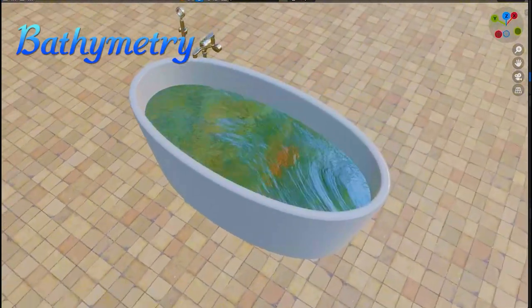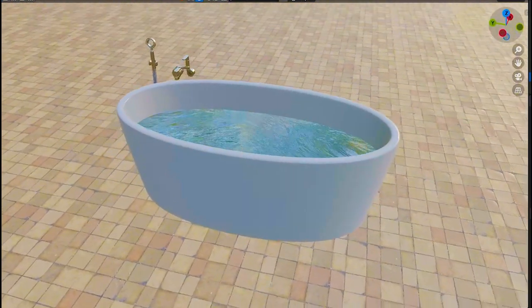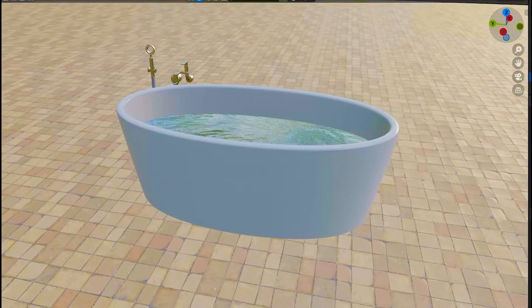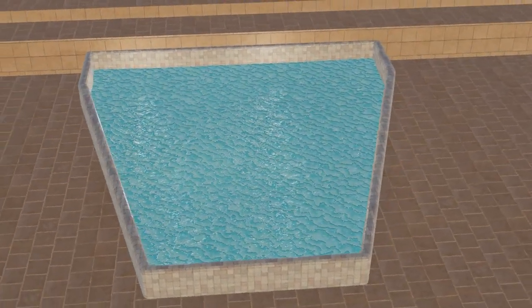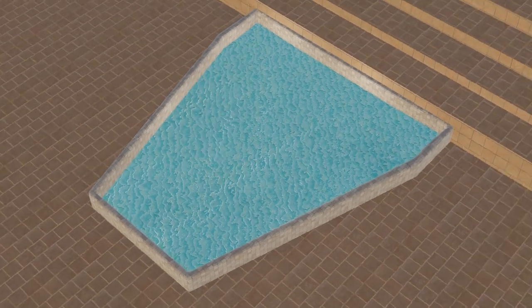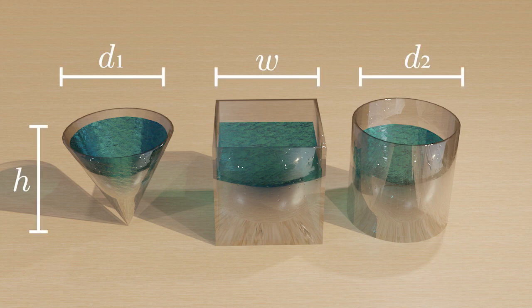Bathymetry, what is bathymetry? We are trying to know how you can calculate the volume of water in a shape, not the shapes which you are seeing. That could be a bathtub, a swimming pool, and other regular shapes. But what if you have the challenge of an irregular shape without dimensions, as we are seeing